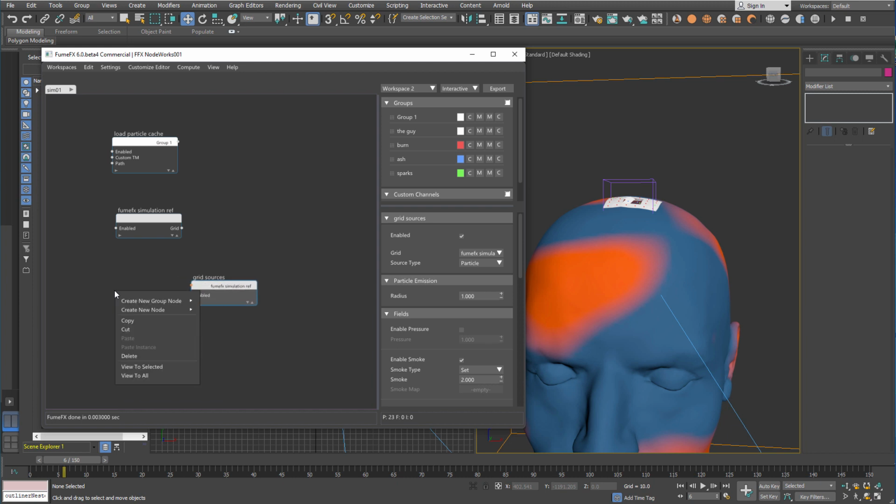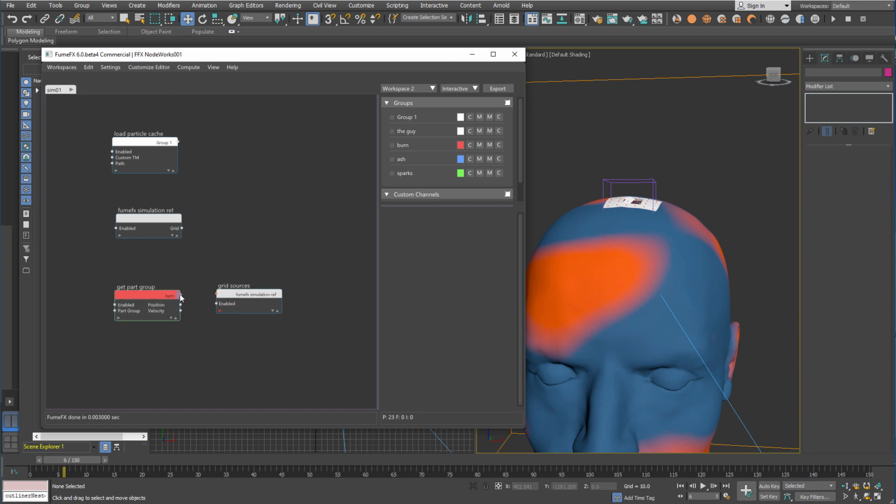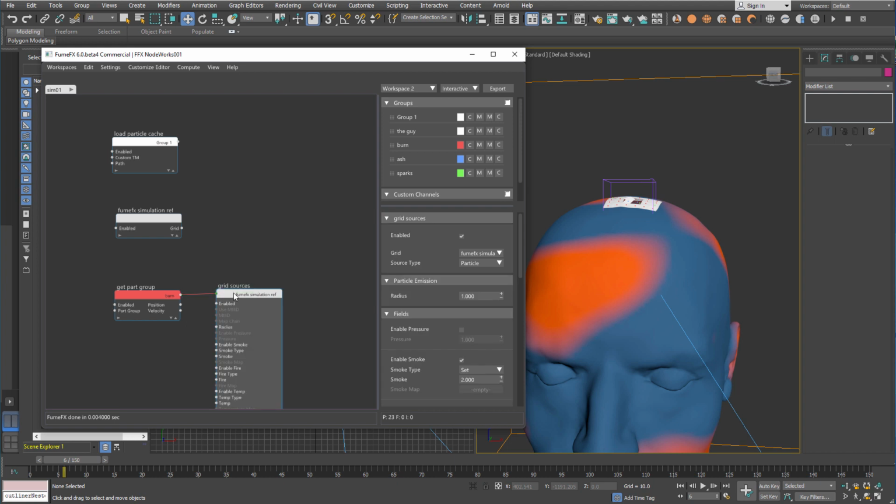And now we need to generate two types of nodes. One will be from the get group from the burn node, that we're going to connect as a grid source, and this grid source I'm going to set it to emit from the geometry shell,